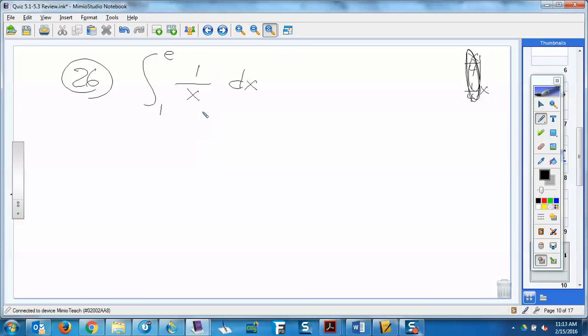What's the antiderivative of 1 over x? ln x. And we're going to do that from 1 to e. So we're going to plug in an e, and we're going to plug in a 1. Now,